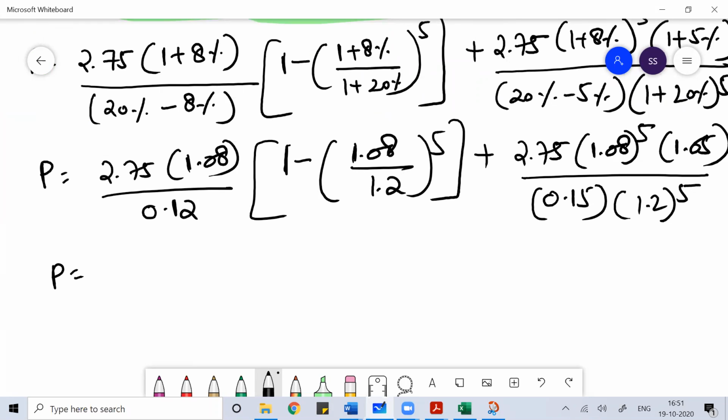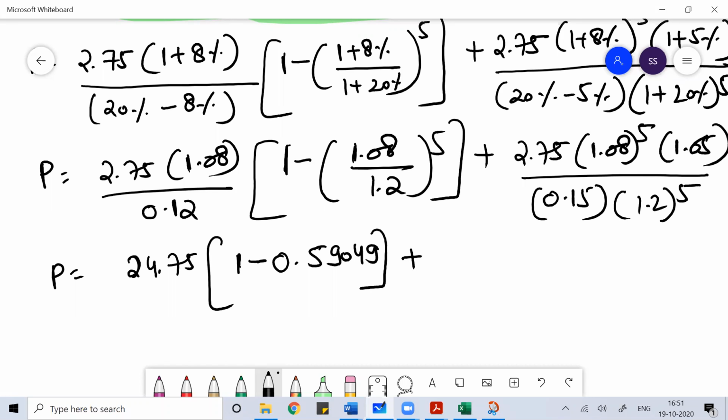This is 2.75 into 1.08 divided by 0.12. Sorry, 0.12. That is 24.75. 24.75 into 1 minus 1.08 divided by 1.2, that is 0.9 to the power 5, that is 0.5909 plus